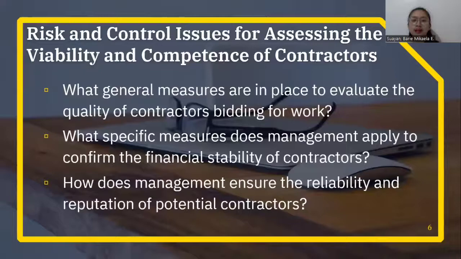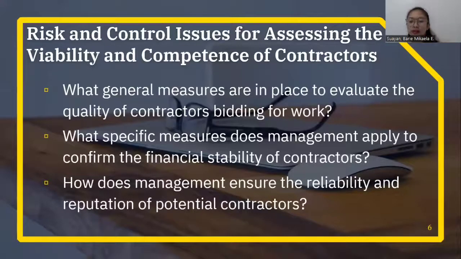Now, risk and control issues for assessing the viability and competence of contractors. First are the key issues. What general measures are in place to evaluate the quality of contractors bidding for work? First is to be aware of the quality of contractors bidding for work. By this, the client must first evaluate the quality of the contractors in terms of their work and how they